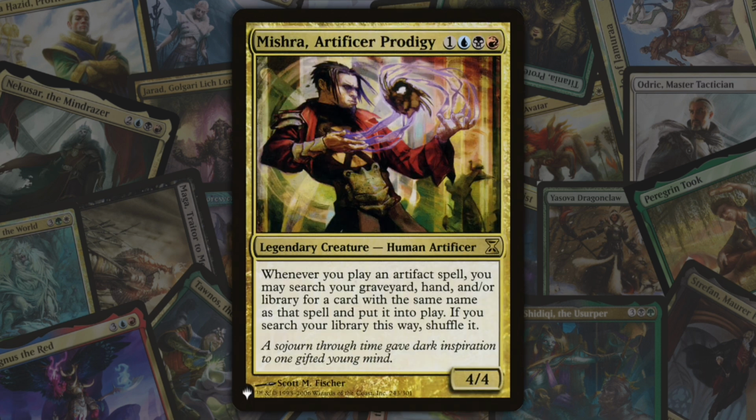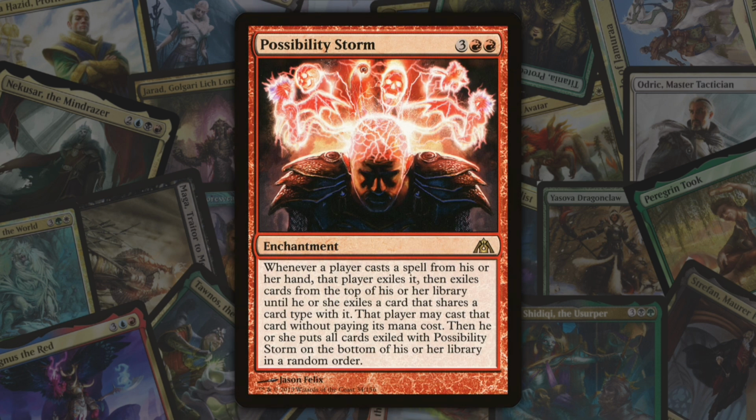Next we got Mishra, Artificer Prodigy. Finally, one that actually wants to come into the battlefield from the command zone. What makes him kind of a pain is the fact that, well, it's a singleton format, right? Two words: Possibility Storm. The reason why these two together are dangerous is because of a fun little interaction where